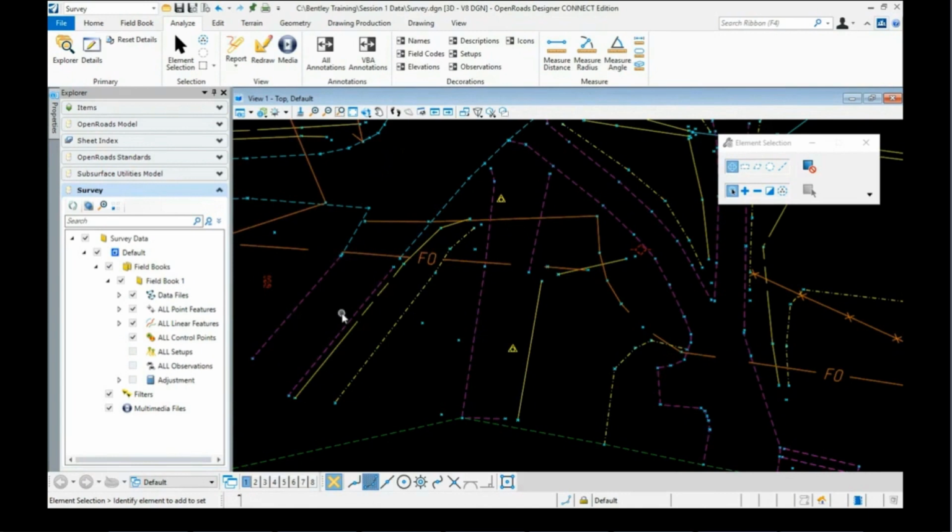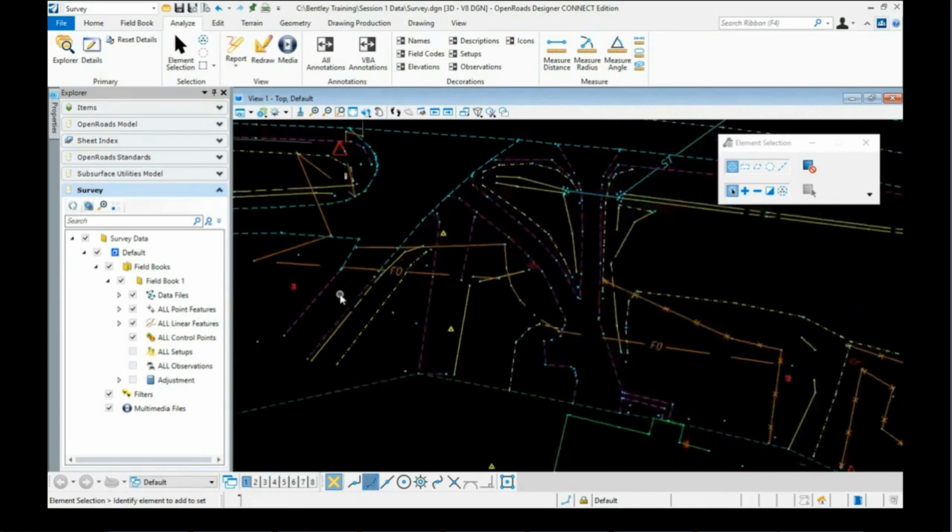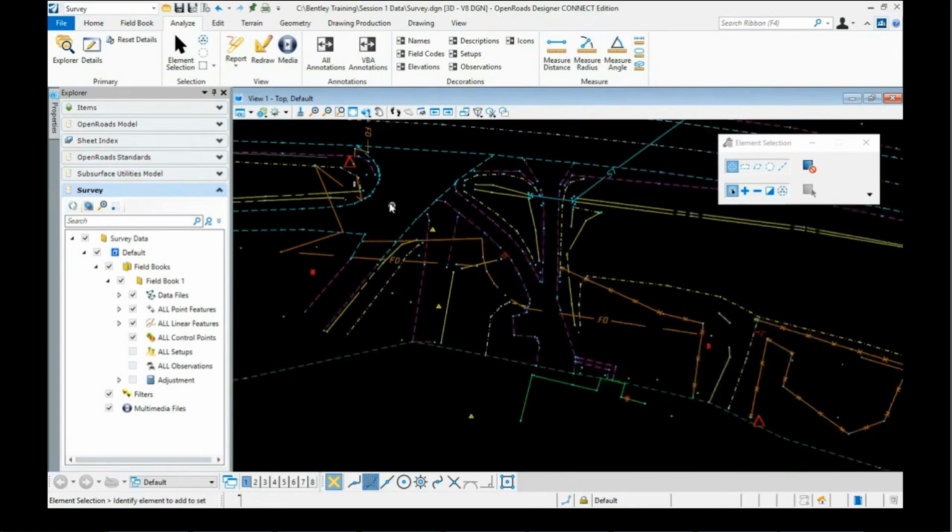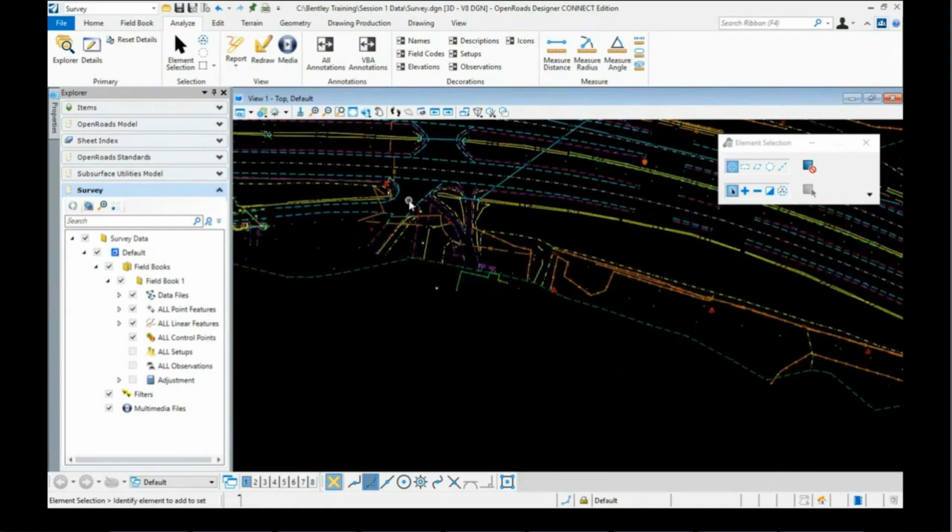If I don't want to worry so much about the order of the points in the field book, then I might want to think about using pointless features, and we'll do that here in a second. So our driveways are fixed up here now. I'm happy with that. Let's go over to